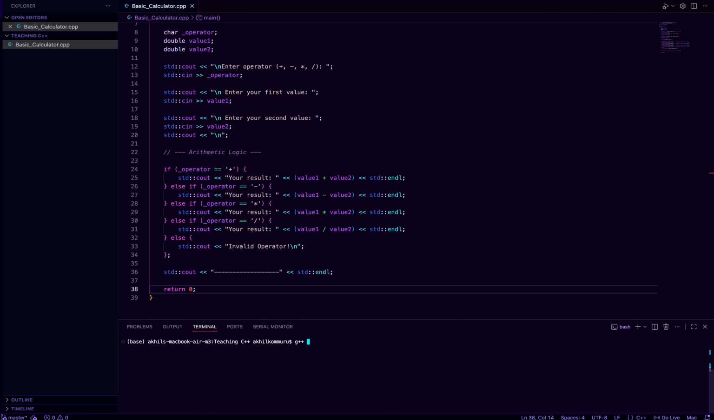So for beginners, we'll just use g++, file name, basic calculator.cpp, and we'll name the executable as, well, calculator. I think we don't want to keep that name too long. And yeah, now it's built. We can see that we have an executable here called calculator. So to run that, you would go dot slash